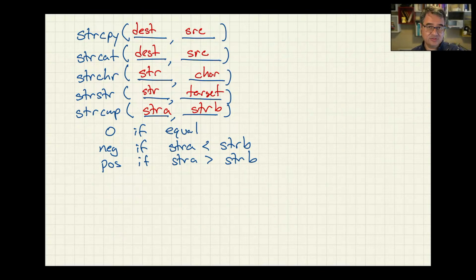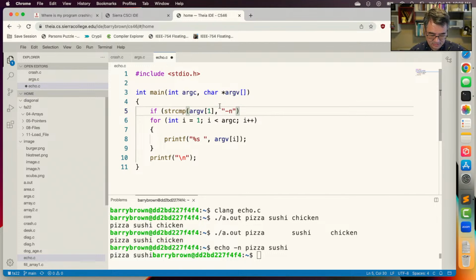But if I pass in 2 strings that are equal to each other, then I will get a 0 out of that. Basically, what it's telling you is what the differences are between these 2 strings. If there are no differences between the strings, you'll get back a 0. If there are some differences, you'll get back a non-zero number. So here we're going to say, are these 2 strings equal to each other? If there are no differences between the 2 strings,